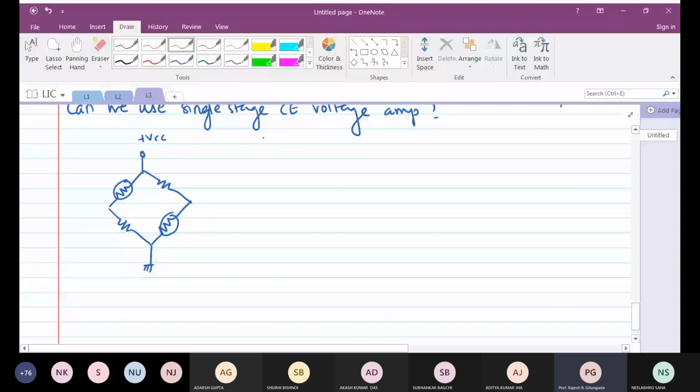Okay, do you know what is an LDR? Yes, sir. Okay, LDR is light dependent resistor. You have already studied that in the last course. So say for example, I want to make use of these LDRs. I'll call this the LDRs instead of strain gauge. Depending on the incident light, my output voltages are going to change. So this is the output voltage, VO, whatever is the output voltage of the bridge.